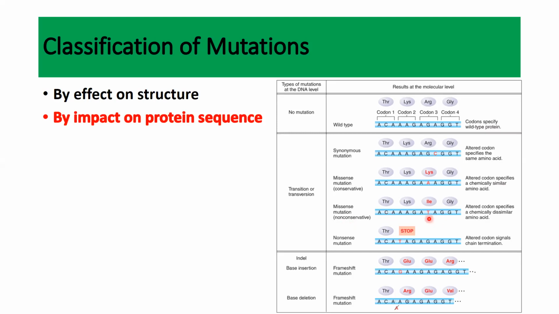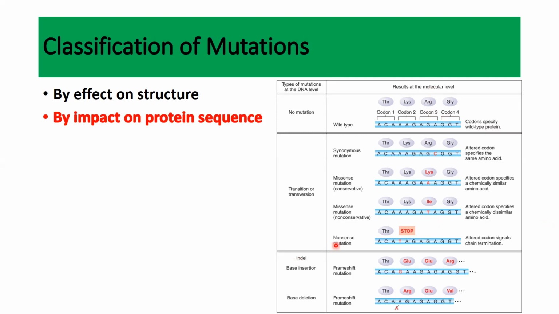Okay, so the other missense mutations are a bit different. There is a change in nucleotide sequence. We can see there was guanine and now there is thymine. So this codon codes for isoleucine. Isoleucine is chemically different from lysine. I think it belongs to aliphatic amino acids. So these missense mutations change the nucleotide sequence, and this changed nucleotide sequence will code for a new amino acid that is chemically different from the old one, that was arginine.